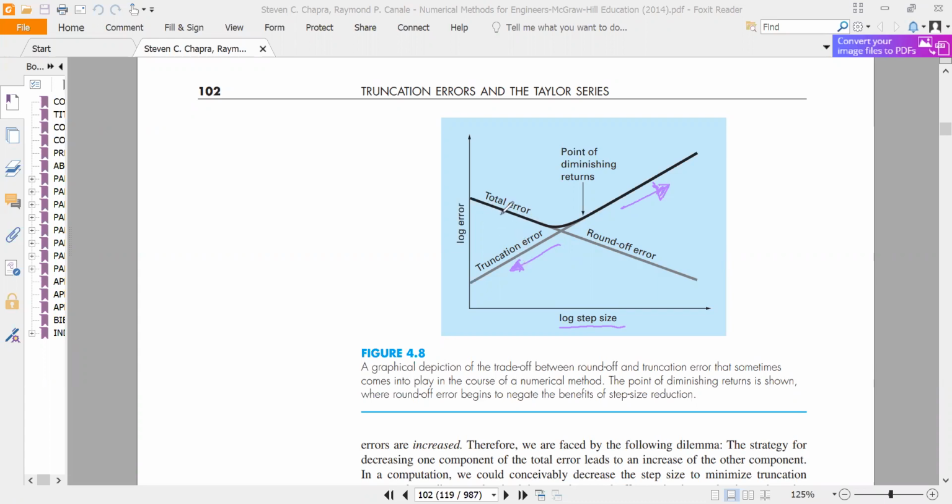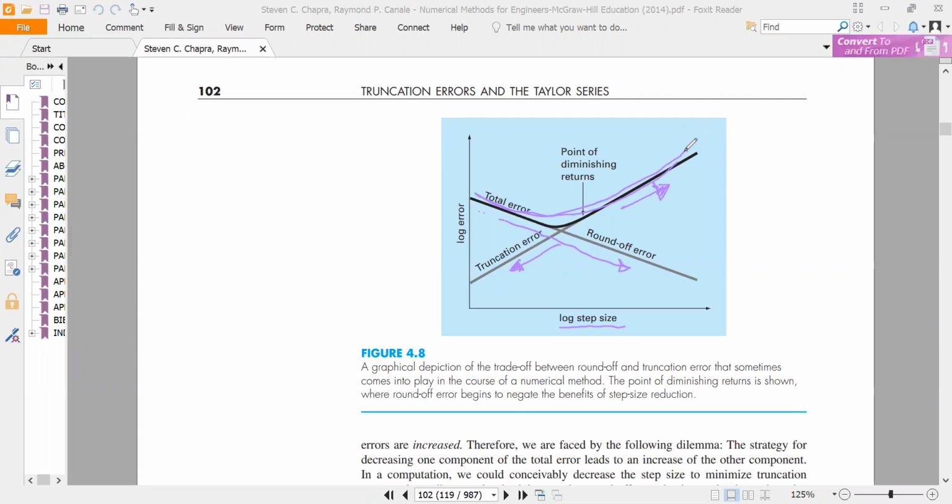So your rounding up error is something like this. If we increase the step size values, the rounding up error will decrease. So these two errors are opposite in nature. If we just add them together, then you will have this curve. That means you can easily plot this error curve